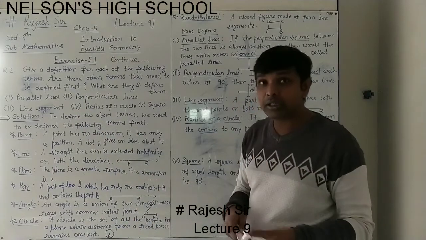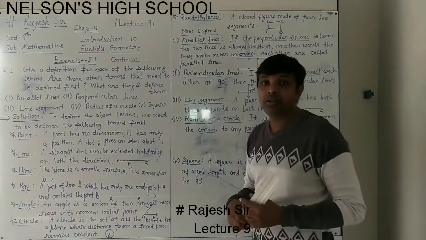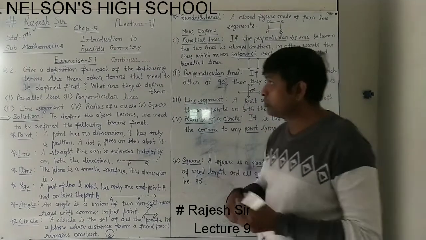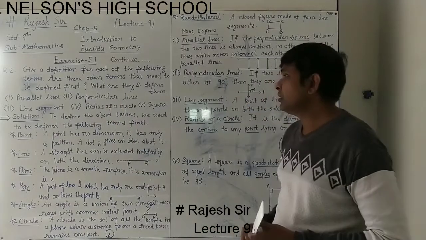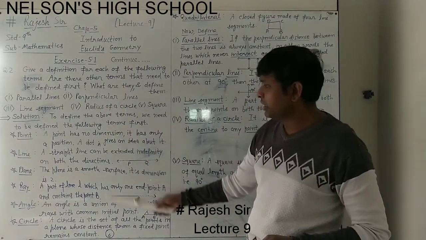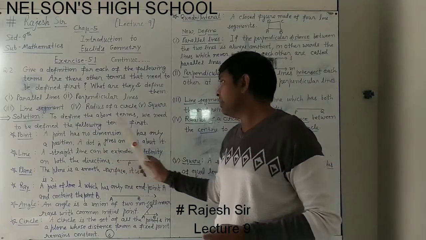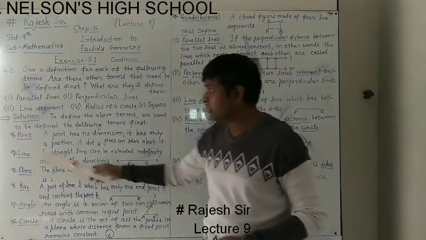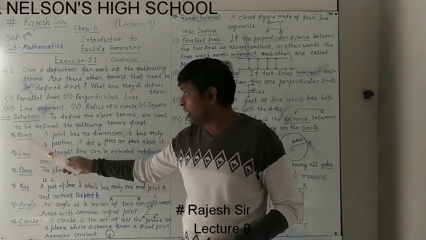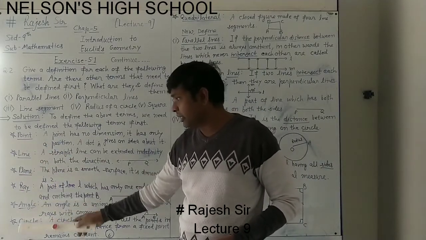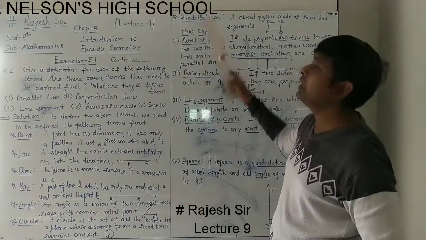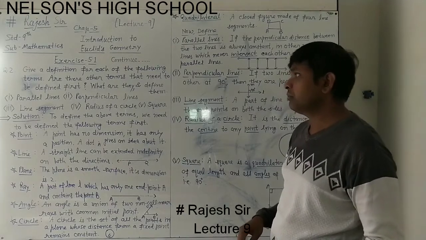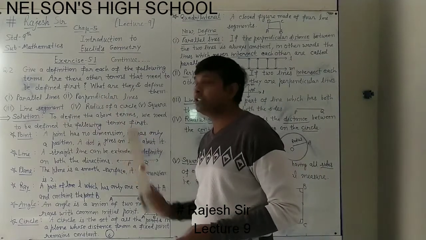Are there any other terms which need to be defined first? First we have to define the terms which will be used in these definitions. So in the solution we have done that first. To define these 5 terms, we need to define the following terms first: point, line, plane, ray, angle, circle, and quadrilateral. At least these terms we have to define before giving the definitions of these 5.